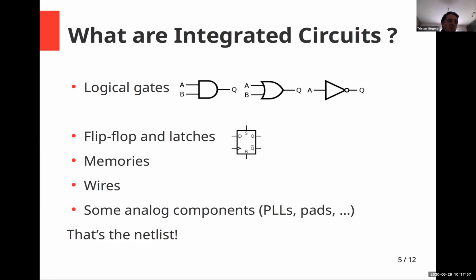And even on a pure numeric circuit, there are always many analog components like PLLs, to multiply a clock and increase its speed, and also to control the paths of the input and output from the circuit. When you connect all the gates, flip-flops, and storing elements with wires, we call that a netlist.